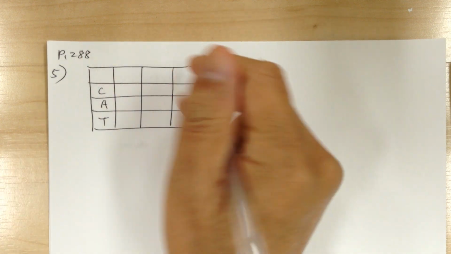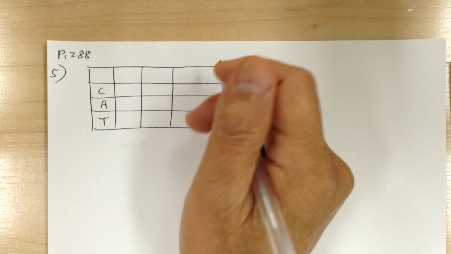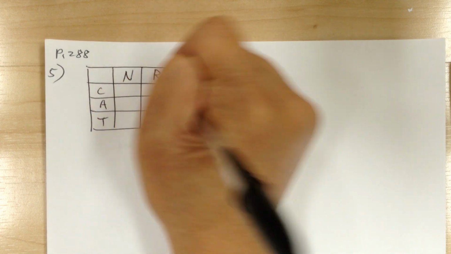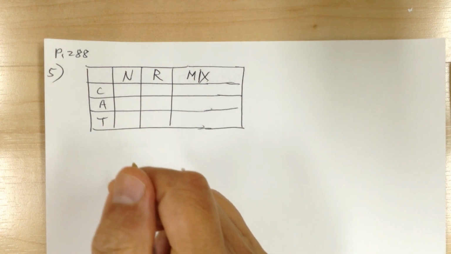Okay, and let's write down the name of what we're mixing. Nuts and raisins. Then you get mix. Okay, let's go back and read. It says,